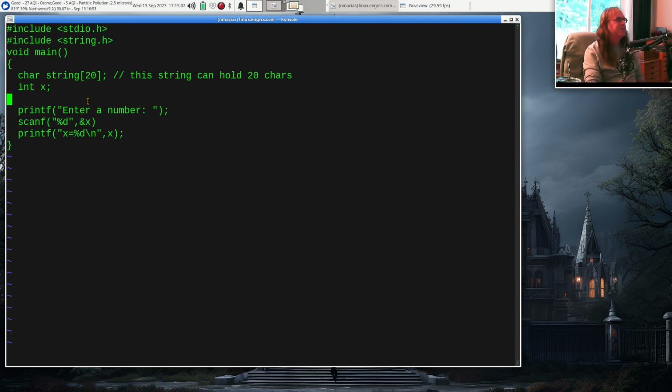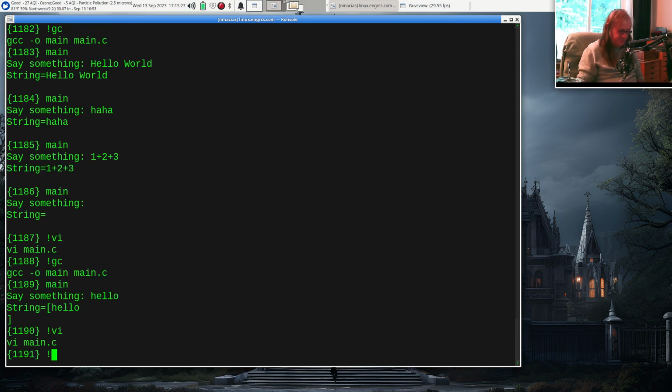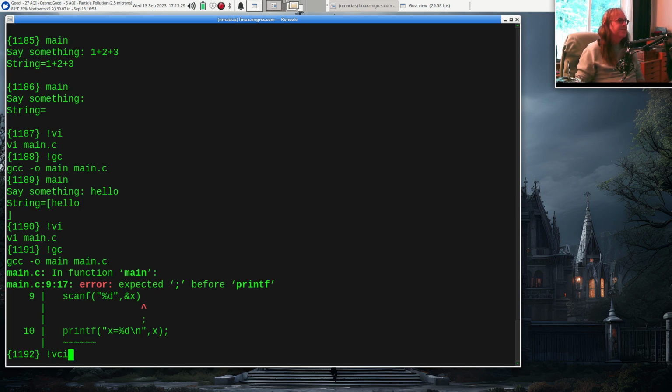So what it'll just do, it'll say enter a number, that's what we call a prompt. And then scanf says read from standard in. This says convert the input into an integer, store it in this variable x, and then I'm just going to print it out using a printf statement. And the funny thing about scanf, remember, is you need this ampersand in front of x. We're going to play with that a lot in the next class when we talk about pointers in more detail. But if we compile this,